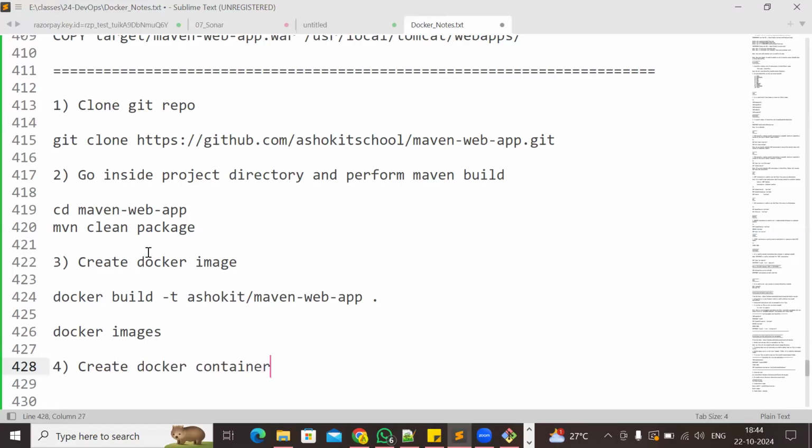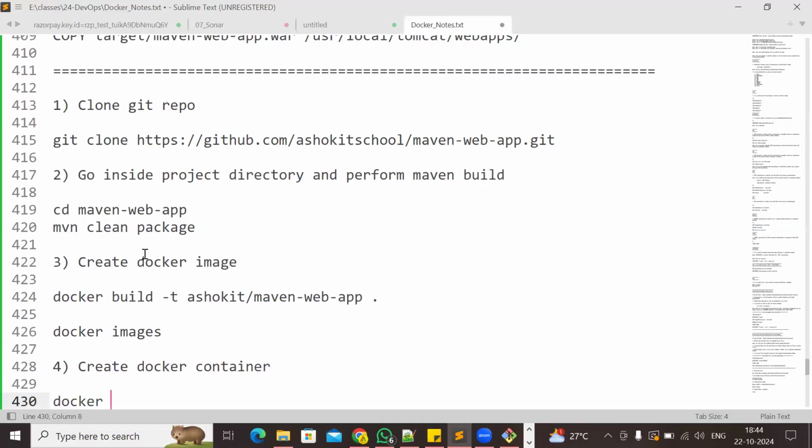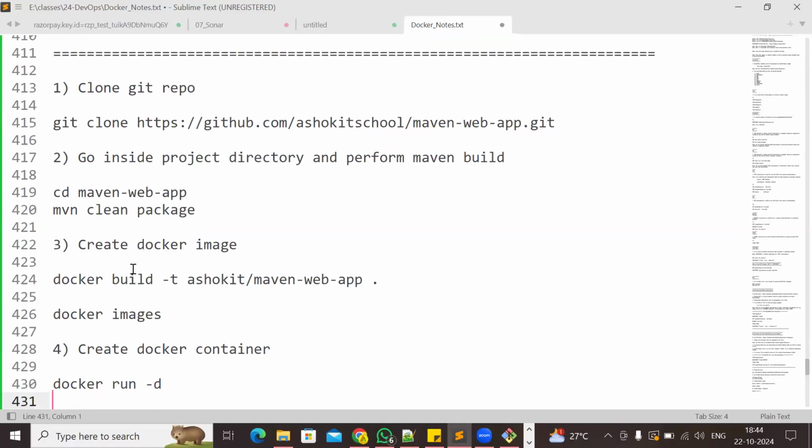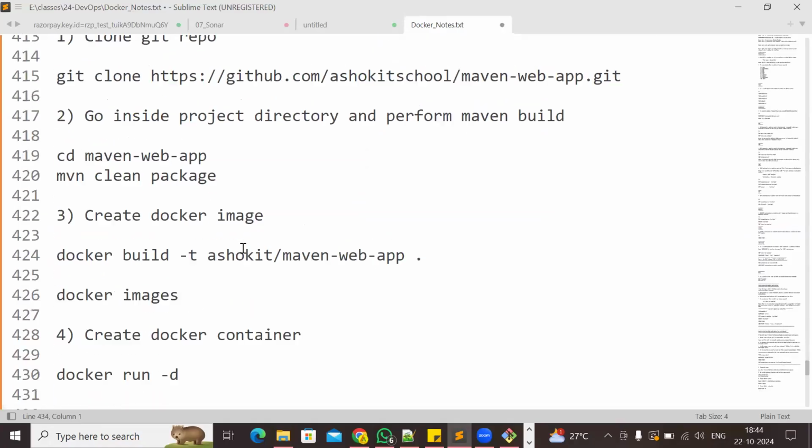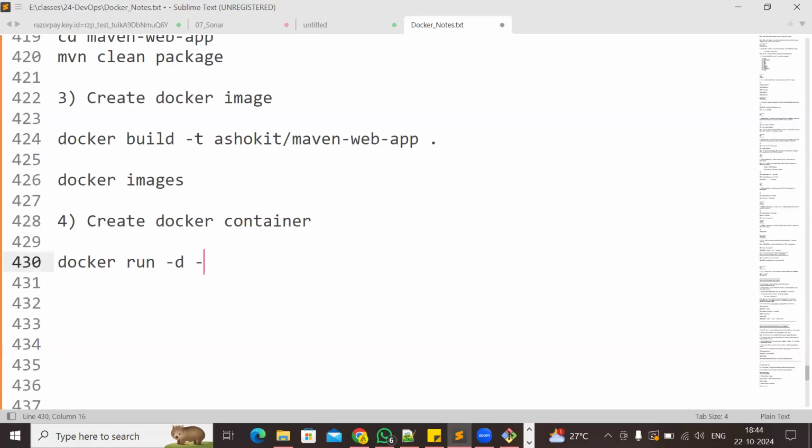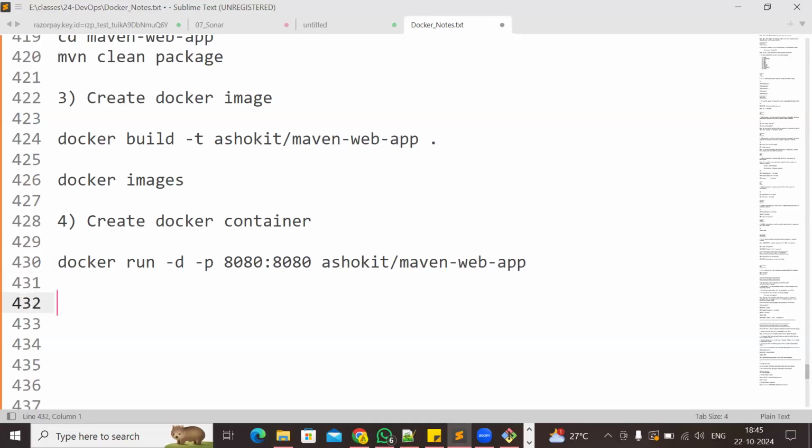Then the fourth step is to create a Docker container. To create a Docker container, I'm using the docker run command with -d for detached mode and -p for port mapping 8080, followed by my image name, which is the Maven web application. Once this application is executed, access the application